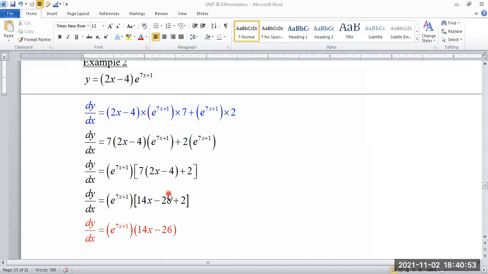Okay. Yeah, man. So I'm going to say 7 times negative 4 is negative 28, and this plus 2 stands alone. So I never multiply the 7 by the 2. You have a separator here that bars it from this 7. So this 7 can't touch this because of this. So I'm going to write back my plus 2 here. The 14x stands alone, and negative 28 plus 2 is negative 26. And you just combine this to that, and that's your final answer.